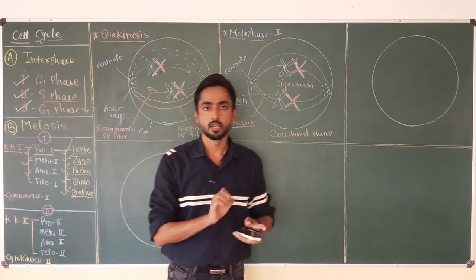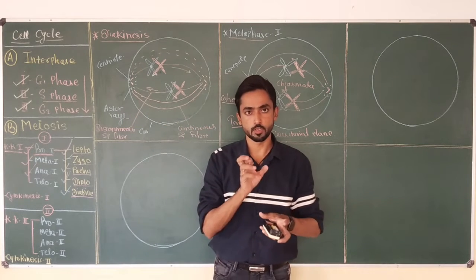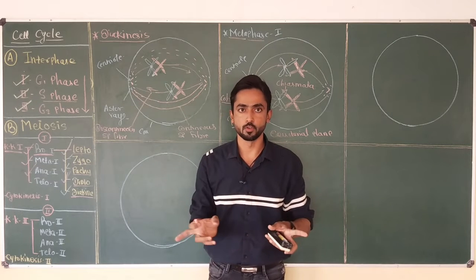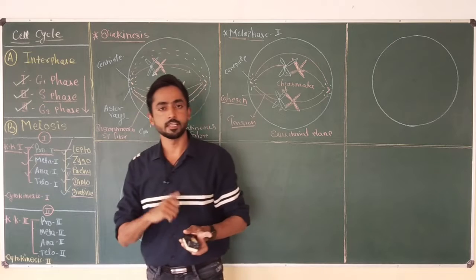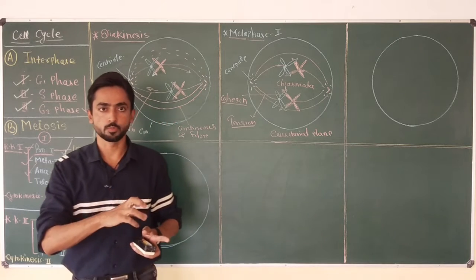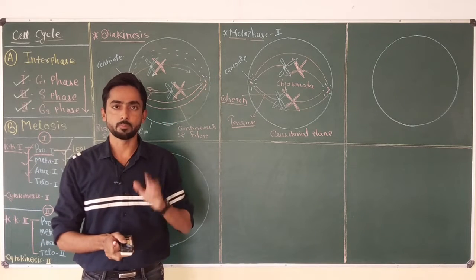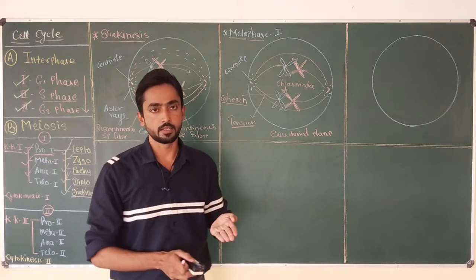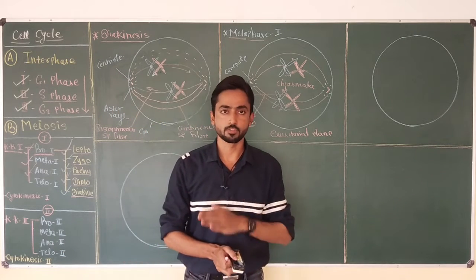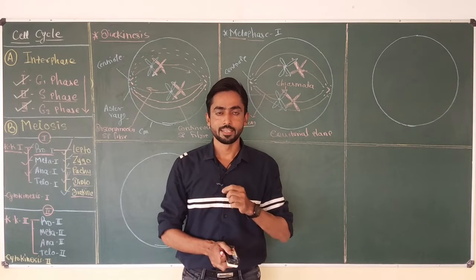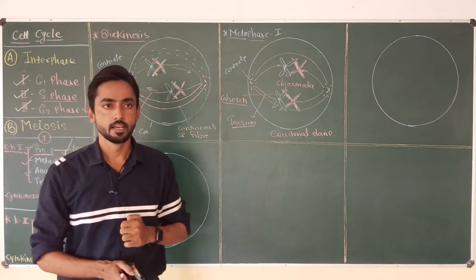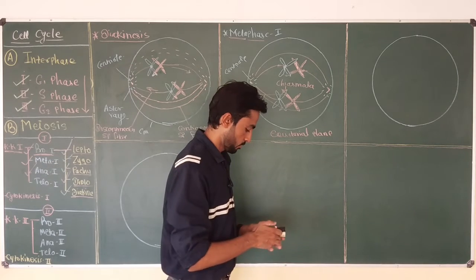In anaphase 1, the actual movement of the homologous chromosomes starts towards the respective poles. It is the stage in which 50% of chromosomes reach one pole while the remaining 50% migrate towards the other pole. The stage is quite different from mitosis. We are going to see the different types of changes that occur in the cell during anaphase 1.